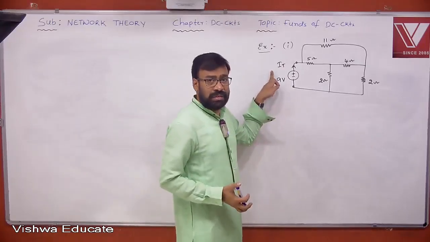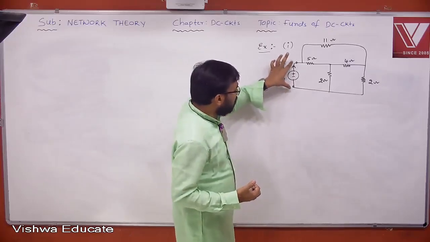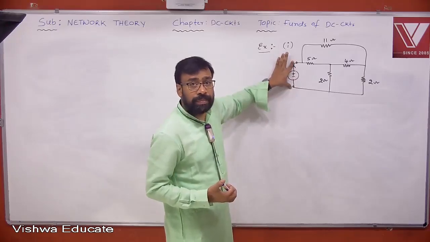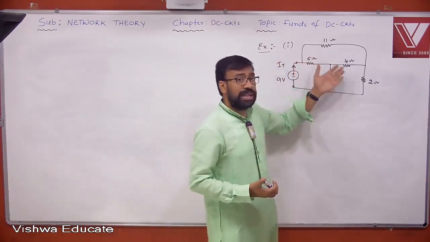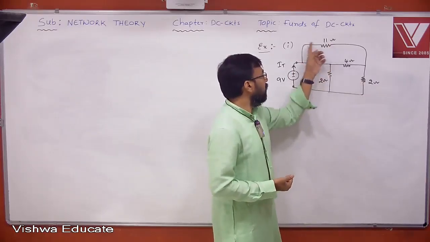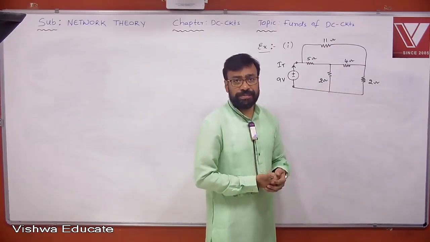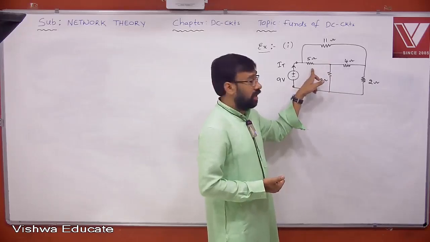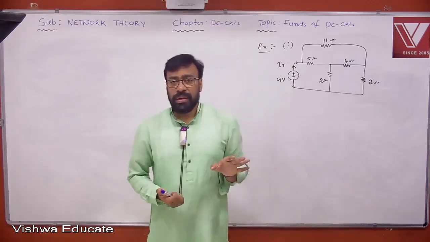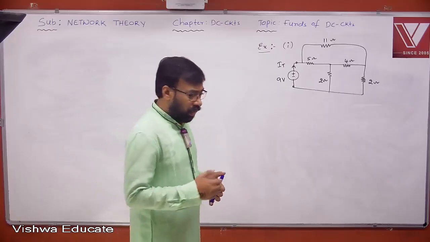So let us try to find the total current here. What is the total current? Total voltage by total resistance. You calculate what is the resistance across these two terminals. How do you find the resistance? Usually using simple series and parallel combination. But look at the network here, how these elements are connected. You can't relate any two of them because they are neither series nor parallel. 11-5, neither series nor parallel. 2-4, 2-2, 4-2, you take anything. So when all elements are neither series nor parallel, usually we go for star delta